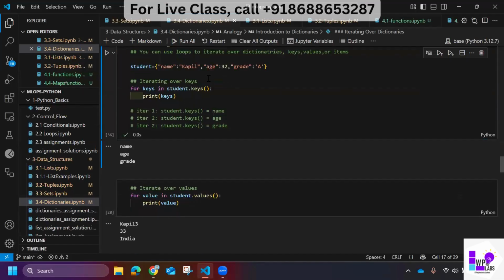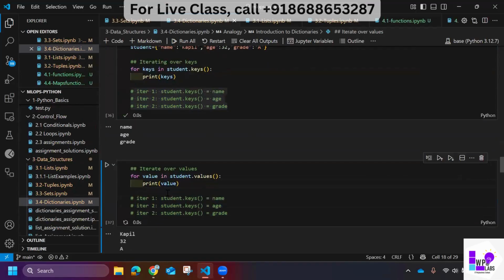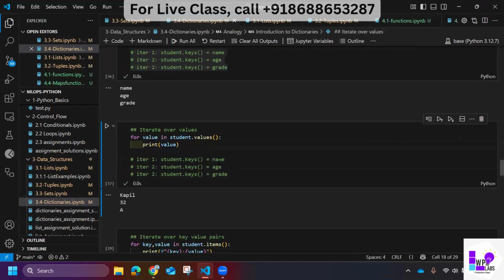So now if I want values also, I can use the values function. What this for loop will do is return values. Let me try to run this. In the first iteration, it will return couple, and then it will return 32, and then it will return